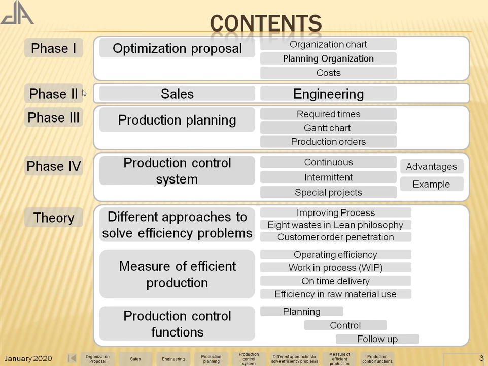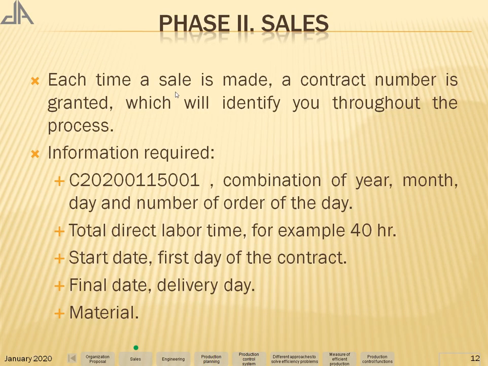Phase 2. Phase 2 will be sales and engineering. Sales. Each time a sale is made, a contract number is granted, which will identify it through the process. Information required: